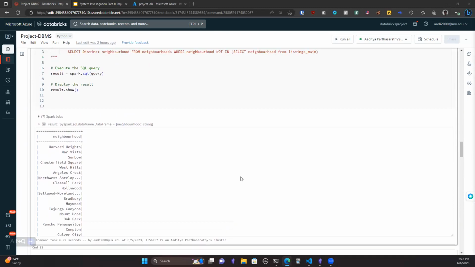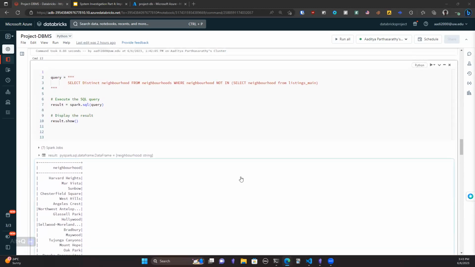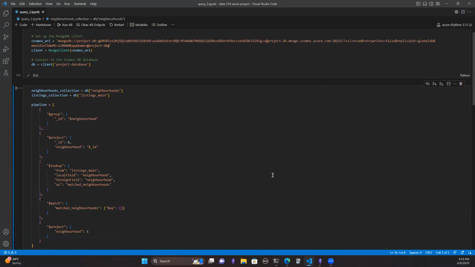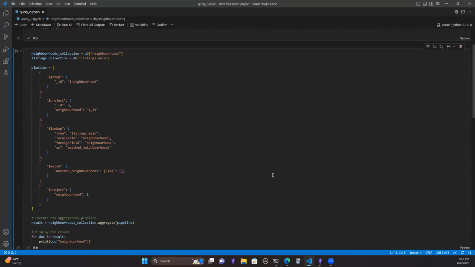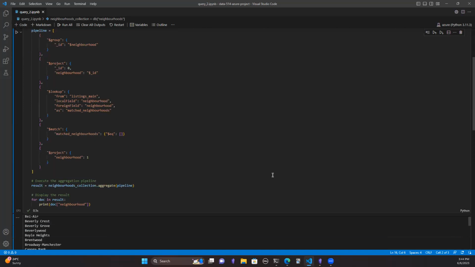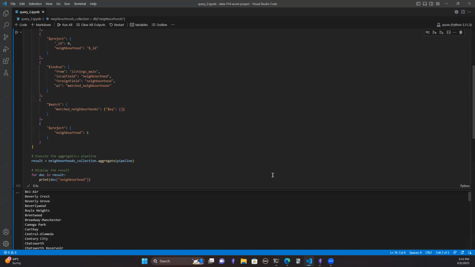So we are currently looking at the PySpark implementation. Let me just switch it to the PyMongo implementation that we did. So yeah, here is the PyMongo implementation that we did. Instead of normal SQL, we are using something like $lookup and $project, which are similar to SQL implementations. That $project is basically which columns you have to select and show in the result. Okay, coming back to the next query that we have.